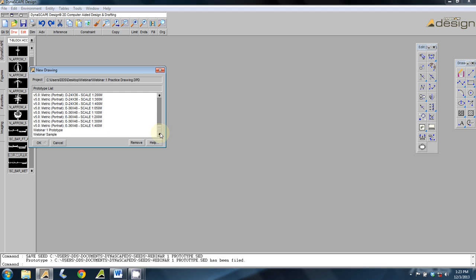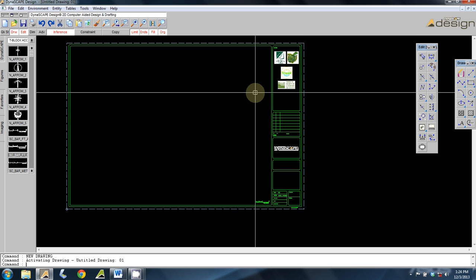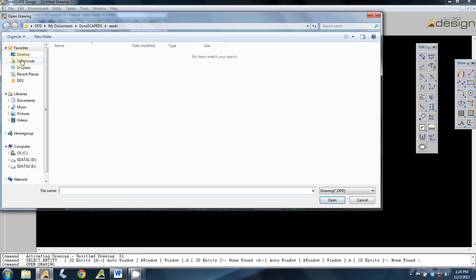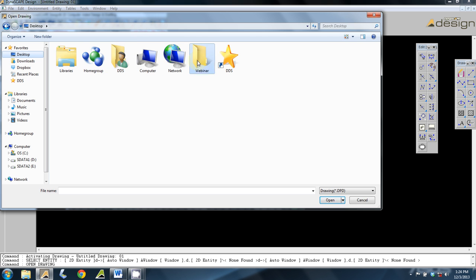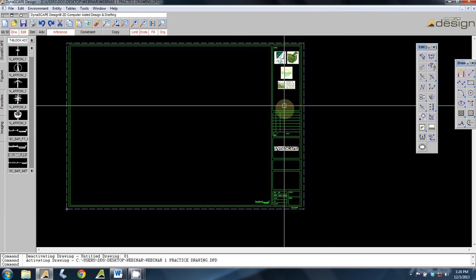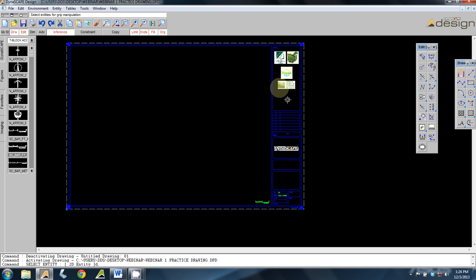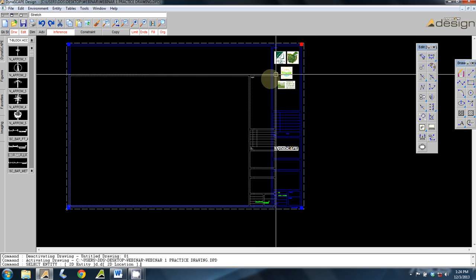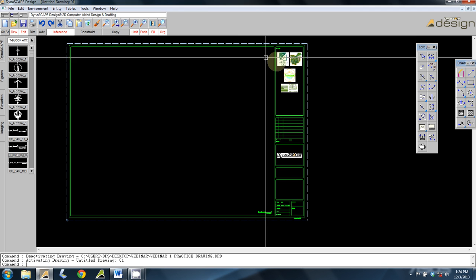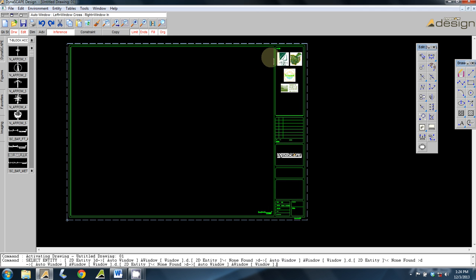prototype list. So here is the prototype we just drew. Now, the difference is if we go up and open up the drawing that we did, Webinar 1 Practice Drawing, here's the difference. It's the same thing. This was the drawing that I could modify if I wanted to. This prototype, I cannot change this. And the good reason,